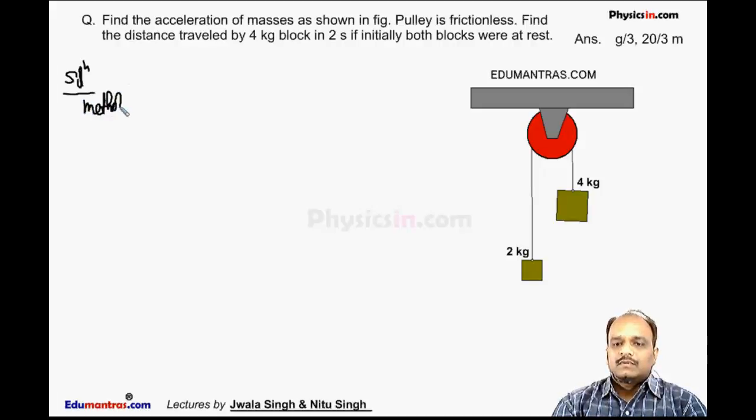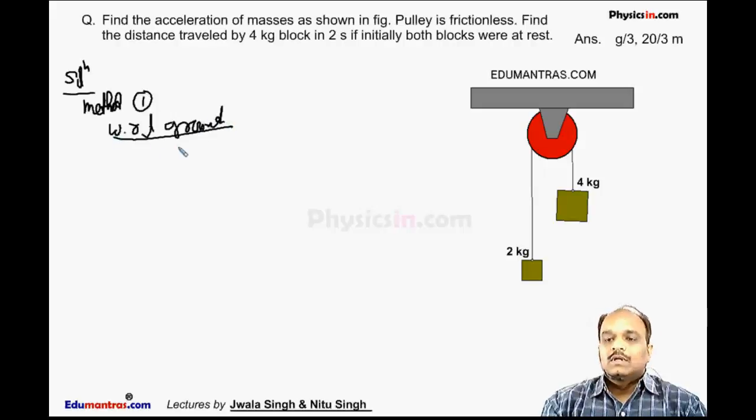With respect to ground, we will solve this question. Now with respect to ground, we have to draw the free body diagram of this block A. As we know how to draw the free body diagram, so this 4 kg block is a heavier block, so